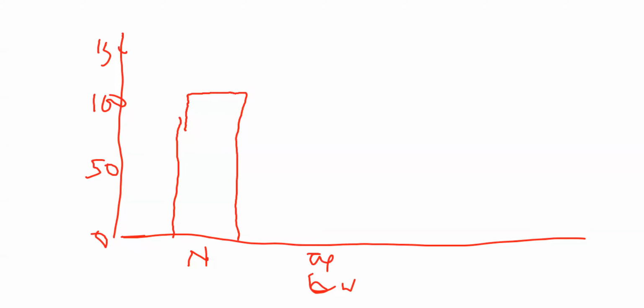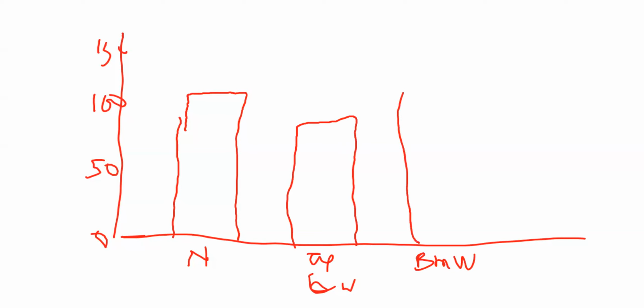Toyota was 90, somewhere here. Don't mind the drawing, but at least you have seen what we are talking about now. BMW, this, 125. Good. Now, this is our simple bar chart that we had before,